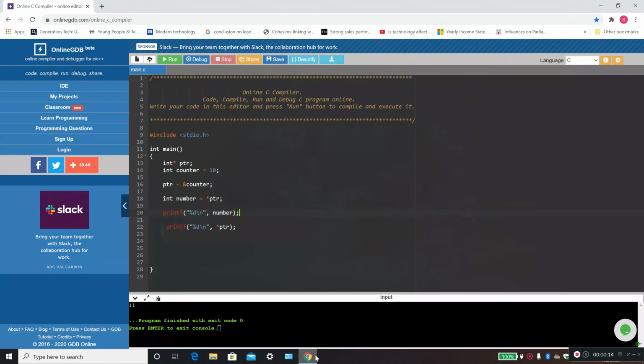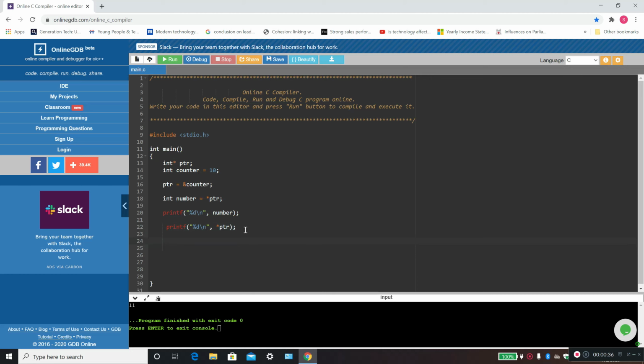In the previous video, we had seen the two main purposes of the asterisk symbol within pointers. The first one was to use for declaring that this is a pointer variable, not just an int variable, which is a pointer to an int variable. The other was to tell the compiler to go to that memory address and fetch the value from that memory address.